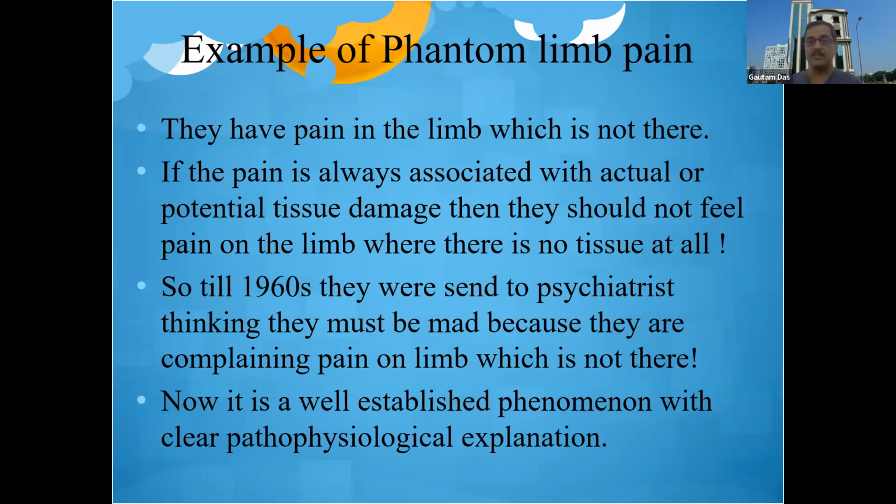Earlier, until the 60s and 70s, people used to think that when one limb has been amputated, the person has lost a limb, and with a lot of psychological trauma, this is an aberrant psychological reaction. That is the reason why it's happening. But later on, it has been proved that, when a limb has been amputated, say for example at my elbow,